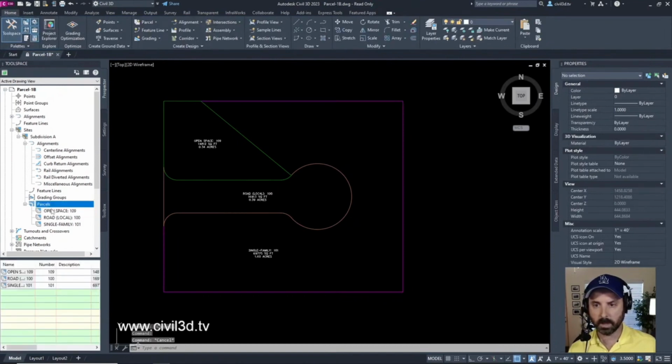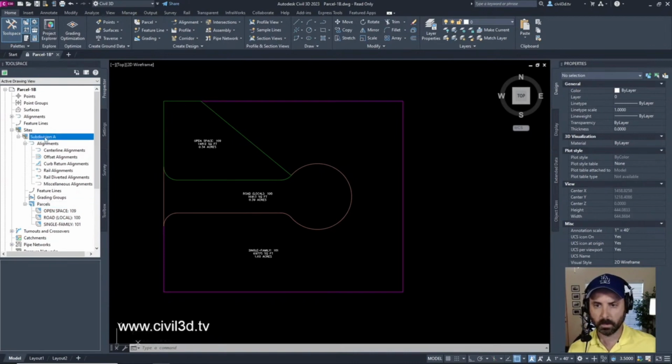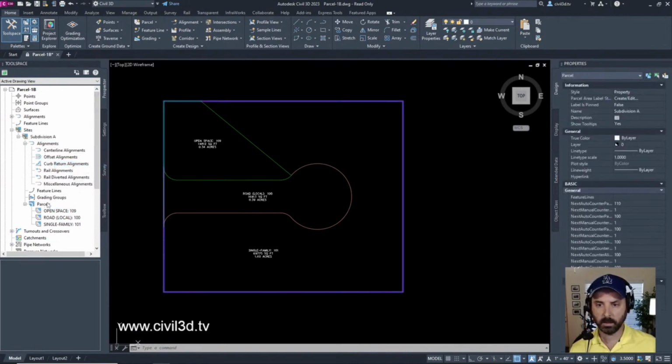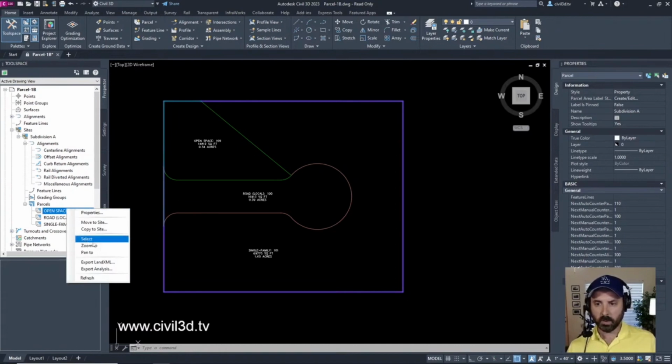It's because it's not within the site. Subdivision A, select. Okay, here's my site. Parcels. I remember how to delete a parcel?